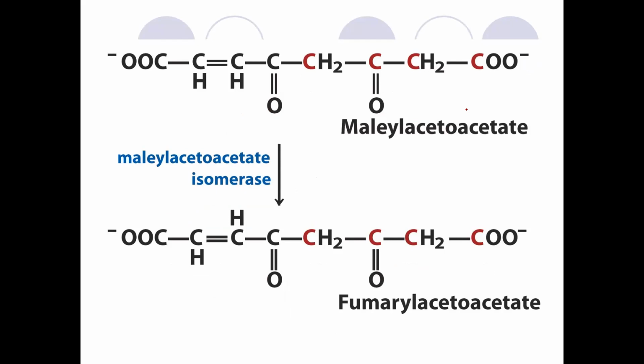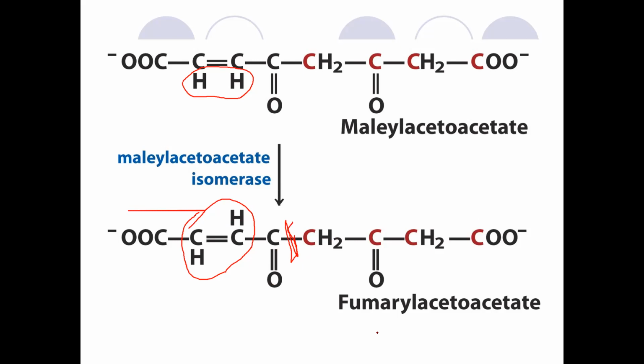Maleylacetoacetate is now the substrate for an isomerase. And that is going to take this cis situation here and convert it to a trans situation here. And you can see what's going to happen now. That's fumarate. This is acetoacetate. This is fumarate. You're just going to essentially cut this bond in half, and that's what's going to happen next. So this is an isomerase. You now make